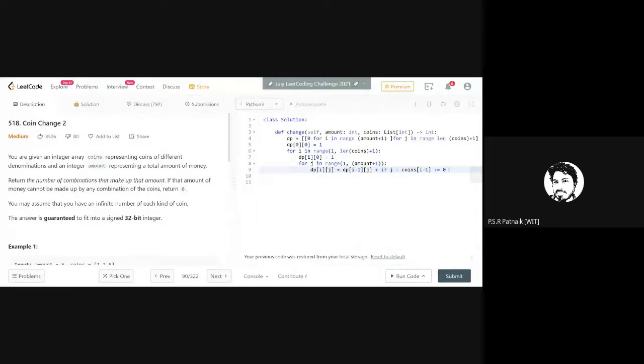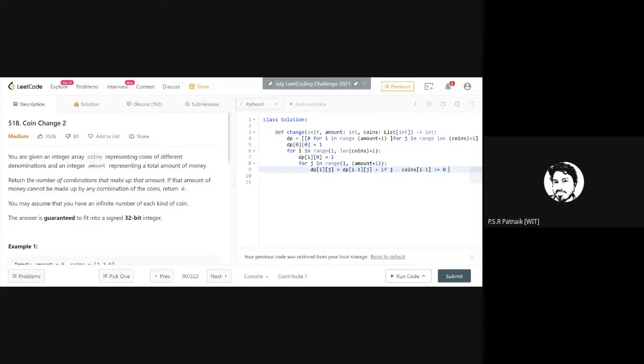Do you agree with this condition? Greater than or equal to? Yes. Okay.